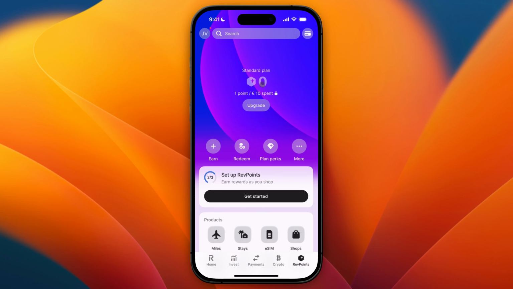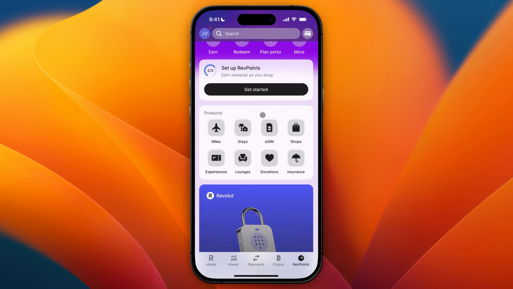In this video, I will show you how to use Revolut RevPoints. So first of all, you need to go to the RevPoints tab all the way at the bottom right. And from here, you need to be sure that you have RevPoints set up in your account. And once you have done that, you will see this screen where you will see a couple of options for